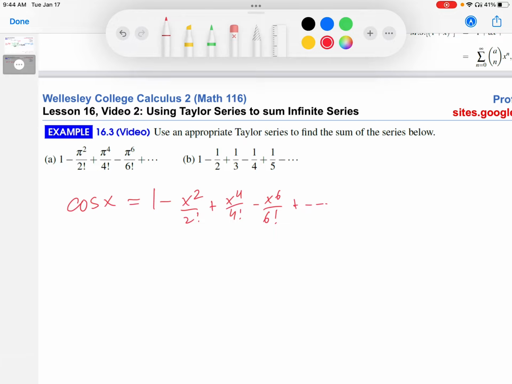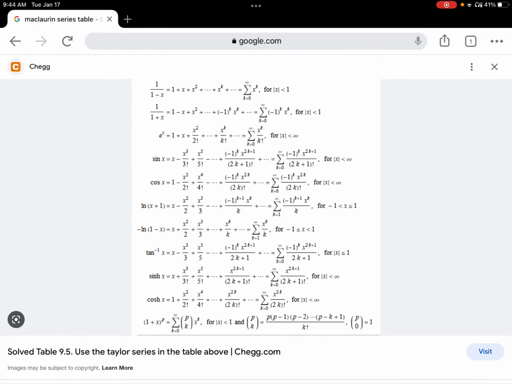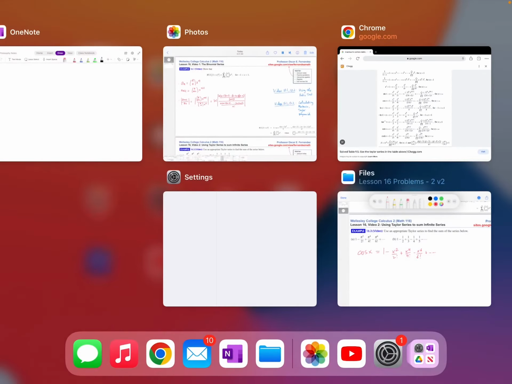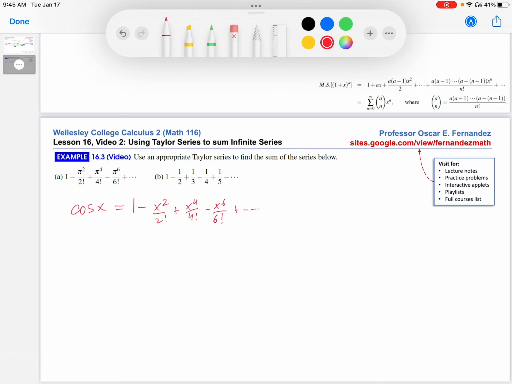So I'm just going to write that down for now, and I'm going to show you if you just Google, let's see, here we are. If you just Google Taylor-Maclaurin series table, here is one that I found. And you can see here over in the cosine x, right, that there is indeed the even numbered powers divided by even numbered factorials alternating, starting with 1 as a series, right? So we're going to go back here and use this information to see if we can make sense of this